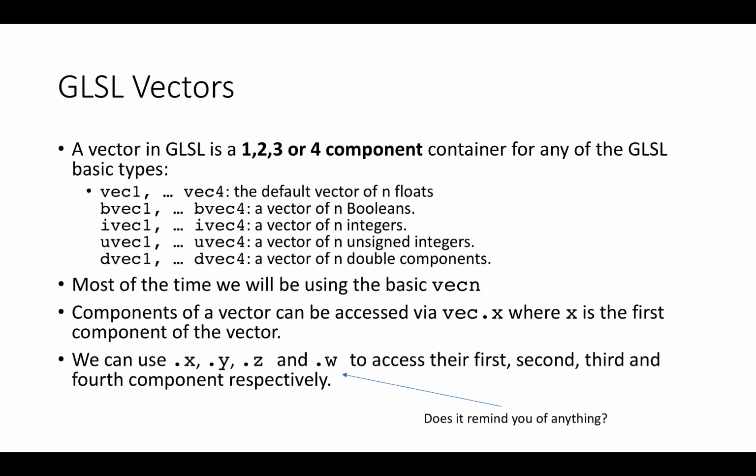A vector in GLSL is a 1, 2, 3 or 4 component container for any of the basic types I just mentioned. They can take the following form presented on this slide, where n represents the number of components. Most of the time we will be using the basic vecn, that is vec1, vec2, vec3 and vec4, since floats are sufficient for most graphics applications. We can use .x, .y, .z and .w to access their first, second, third and fourth component, more or less